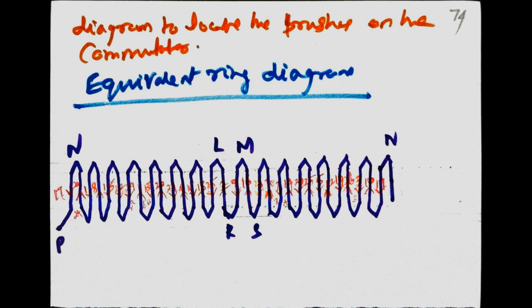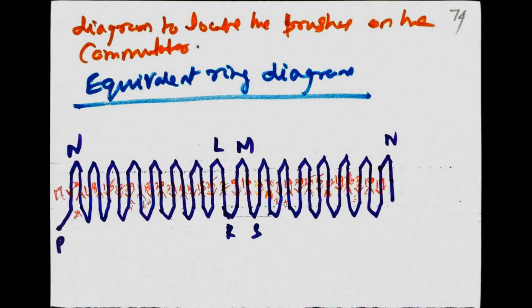17 to 24 and 1 to 8, 15 to 2, 27 to 6, 13 to 20, 27 to 4, 11 to 18 in backside connections. Stop at 18, and 18 to 25 in front side connection, and 2 to 9, 16 to 23, 30 to 1, 14 to 21, 28 to 5, 12 to 19, 26 to 3, 10 to 17. Stop at the same point, that is the ring diagram.